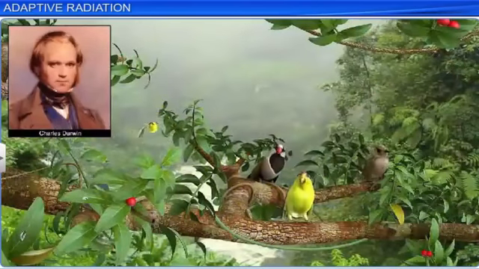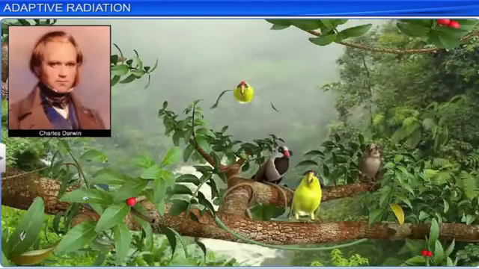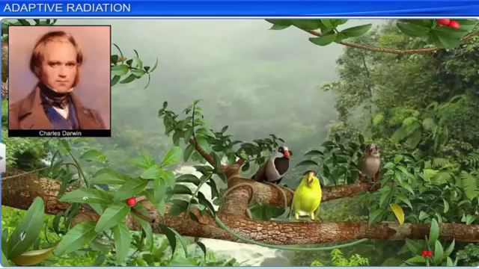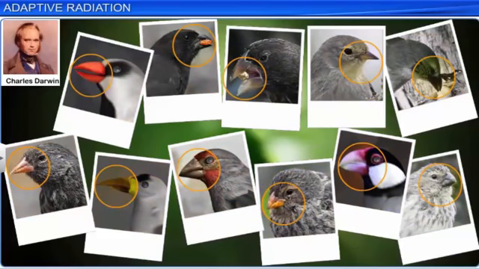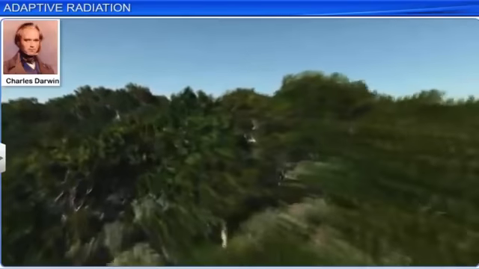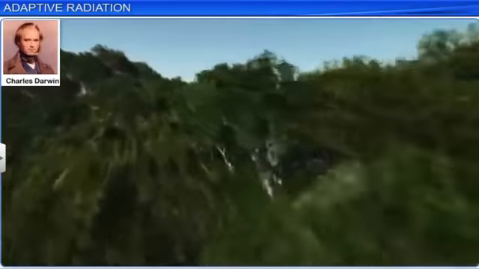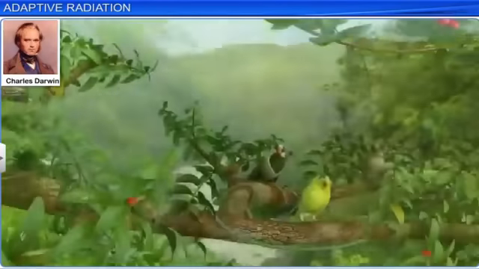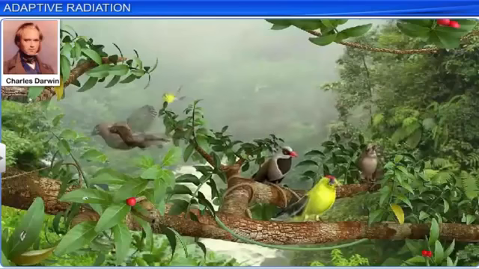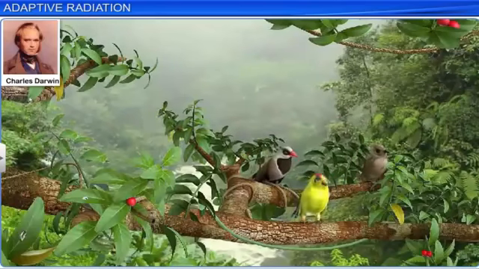What amazed Darwin most was the extensive variety of finches on these islands. These species of finches differed from each other with respect to the shape of their beaks and their overall size. Darwin observed that all these species had evolved on these islands. These finches, also known as Darwin's finches, demonstrated the concept of adaptive radiation.